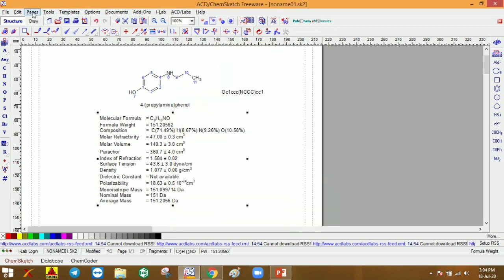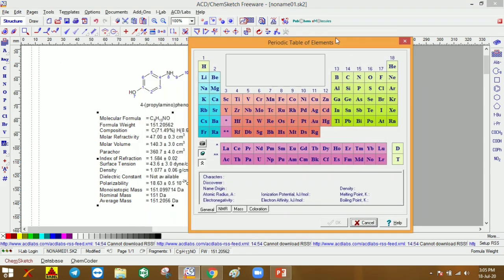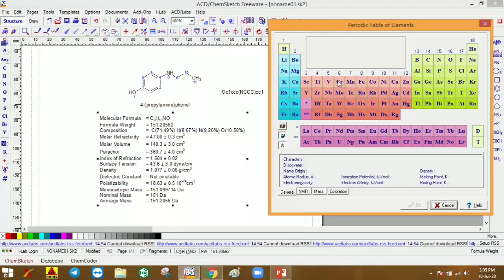So you can see different options in the template. You can observe the periodic table. If you want to input any element in your structure, you can use the periodic table and utilize the atom from it. If you click any atom in the periodic table, it will give the name of that atom, mass, valency and electron configuration. If you click boron, the atomic number is 5, atomic mass is 10.811, valency is 3, electron configuration is 2, 3.